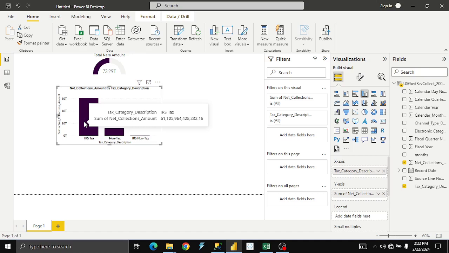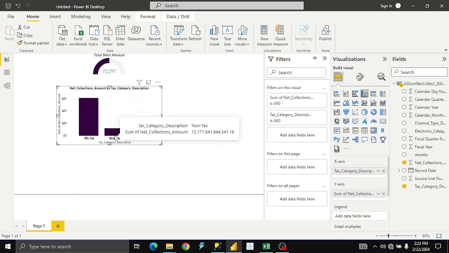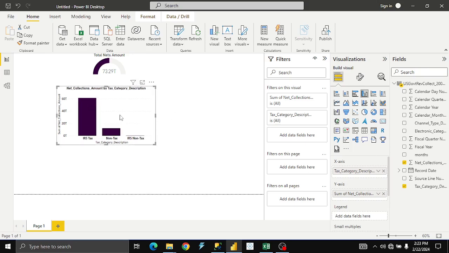So this is the value. That is the value, 61. We have, okay, 1 2 3 3. I think it's 61 billion also. So we are good to go. So that is it. This one is 12.77 billion. This is the highest. So the second thing we want to do now is, okay,